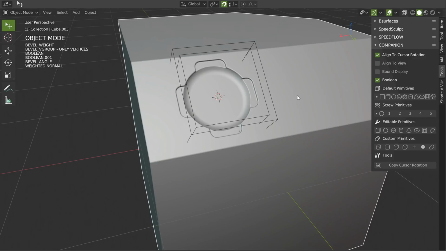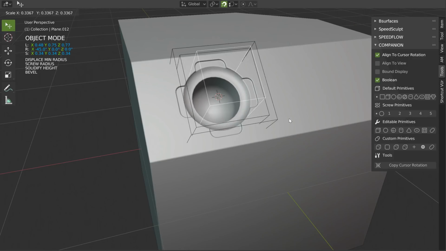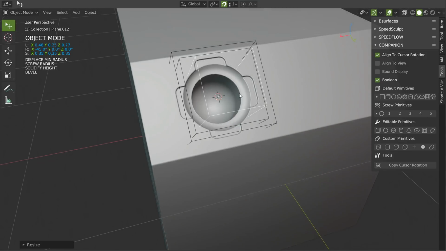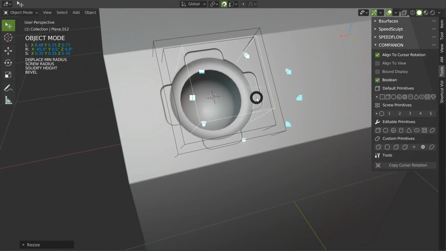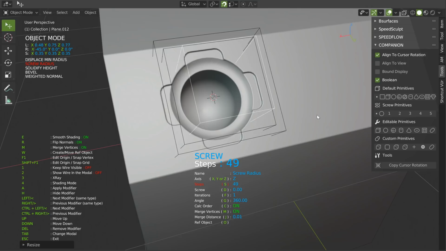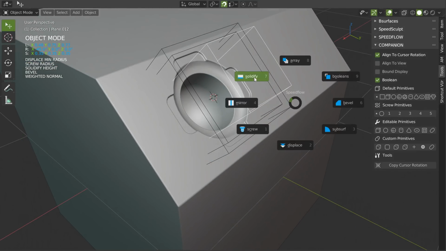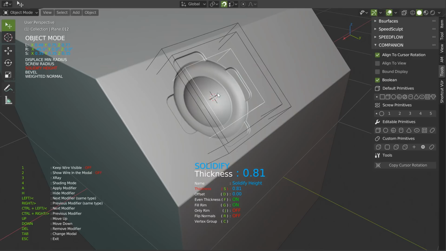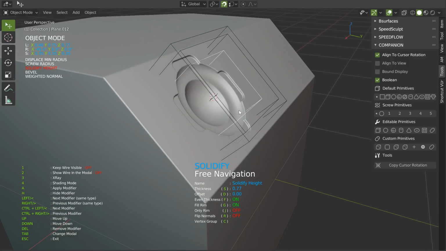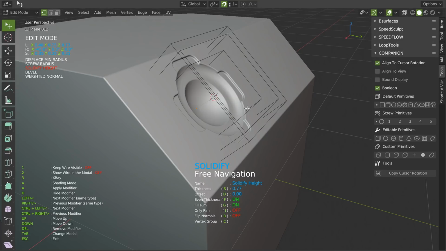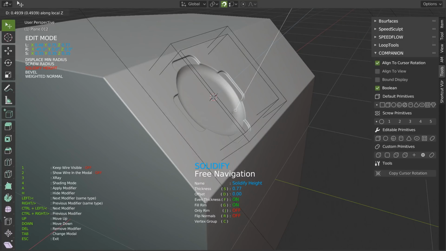So as you can see, this is nice. I can continue, select this one, press Alt, and boom, I created this. I can play with the number of segments of this screw to increase it if I want. I can play with the solidify to make something more like that. I can even press Control Tab and GZZ to move it.